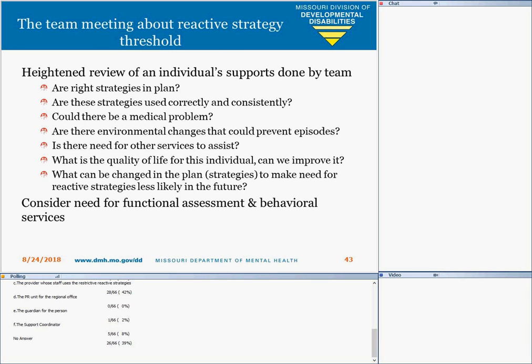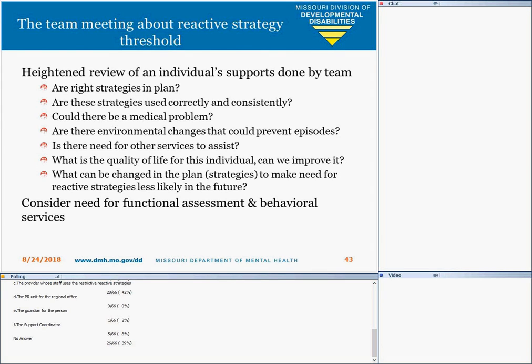Consider what the quality of life is for the individual and what can you do to improve it. So if people don't have a meaningful day, if they don't have positive relationships, if they don't have a role that makes them important in their own life, in the lives of others, if not healthy, if they don't have choices that are meaningful, their quality of life is impacted. So you might need to look at that and see what you can do to improve the individual's quality of life. And basically, what could change in the plan and the strategies to make the reactive strategies less likely to be necessary in the future? So that's the point of that